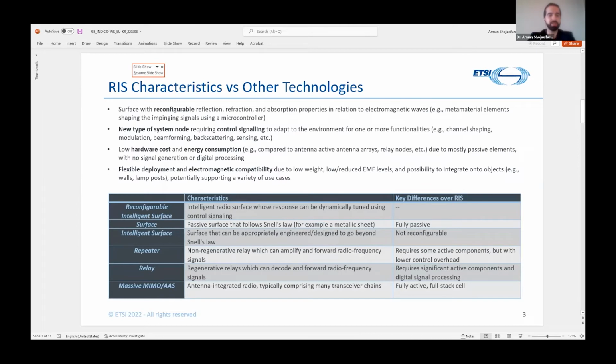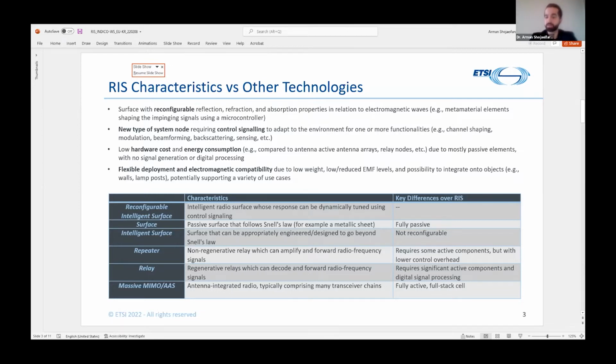So going a little bit deeper into what sets RIS apart from other wireless technologies, we can look at the individual terms in the name. Reconfigurable means the response of the surface can be modified. This can be reflection, refraction, absorption, focusing, modulation, or any combination of these. Intelligent means that the tuning of the surface is handled dynamically and potentially in real time. And we already talked about the role of a controller there.